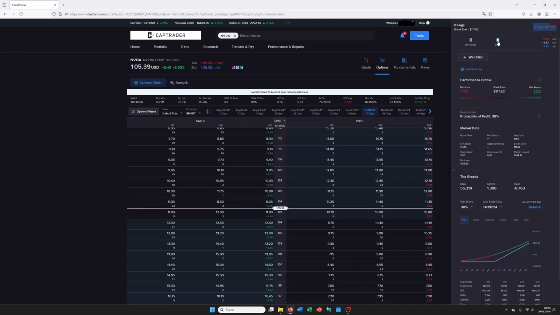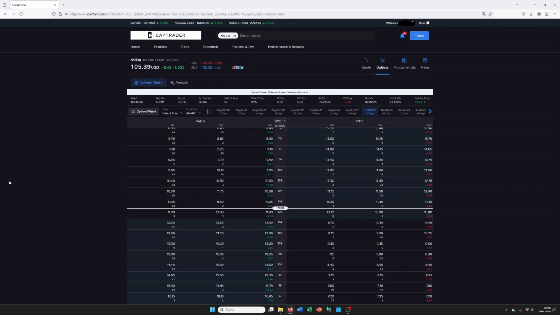But this is how you can use an option chain. I have only explained in this example how you can buy a long call. If you want to see how you can trade a short call or a long put or a short put,